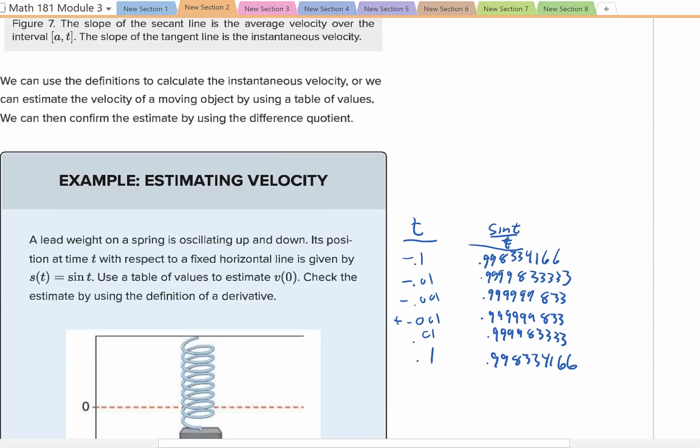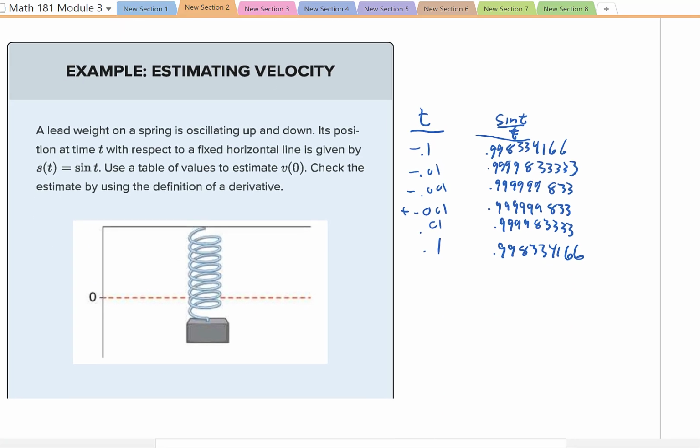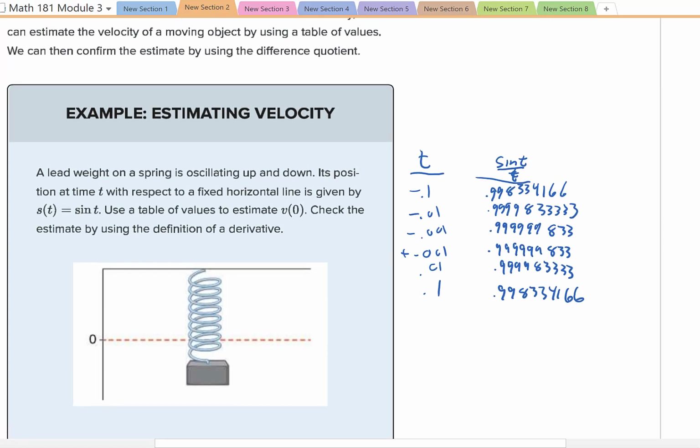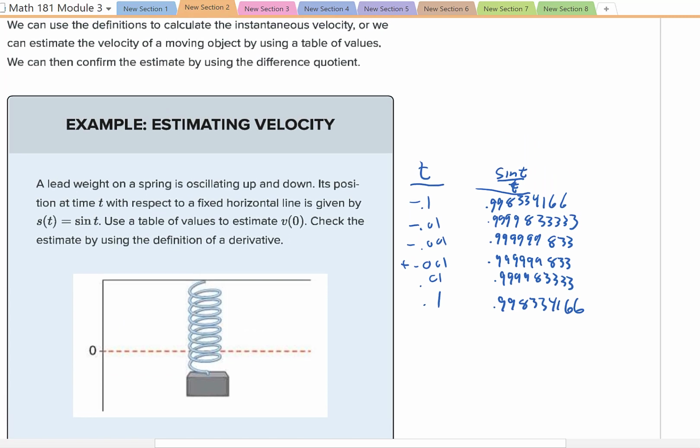So for this problem, I left the table up on this just so we don't take the time to fill it in again. A lead weight on a spring is oscillating up and down. Its position at time t with respect to a fixed horizontal line is given by s of t equals sine of t. Use a table of values to estimate v, the velocity at time 0. Check the estimate by using the definition of derivative. So we have,